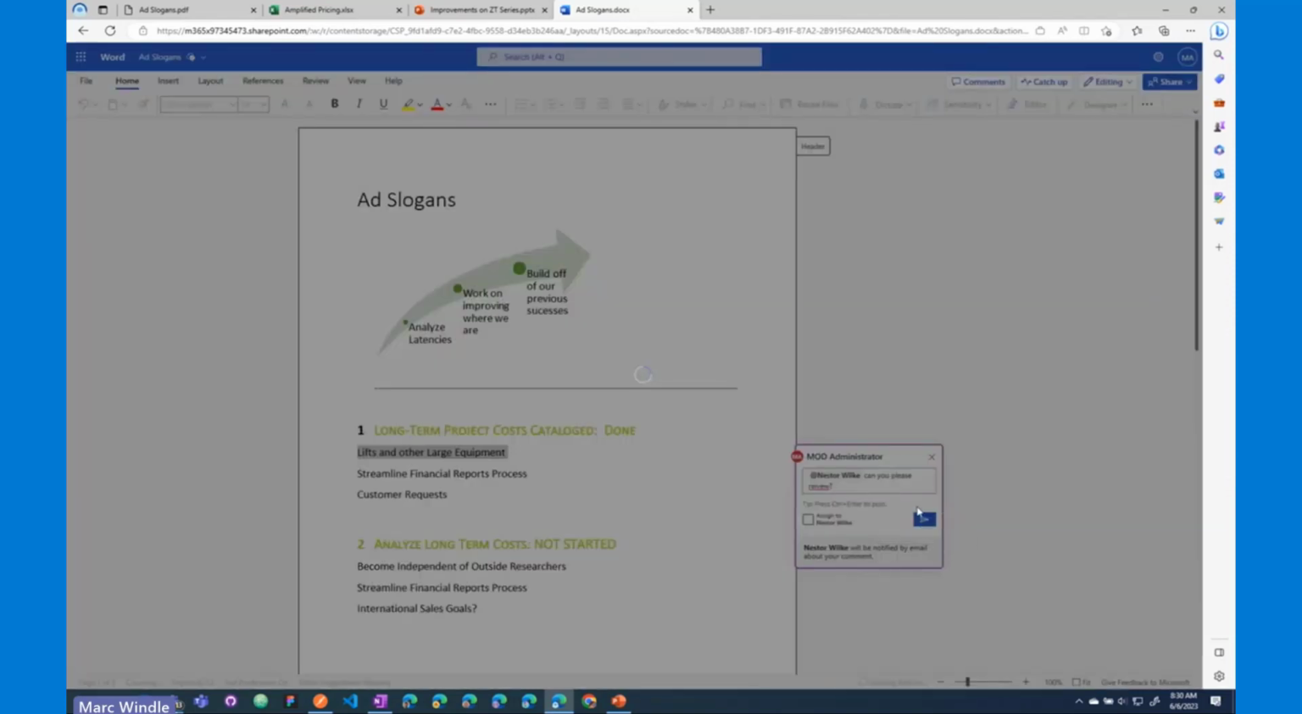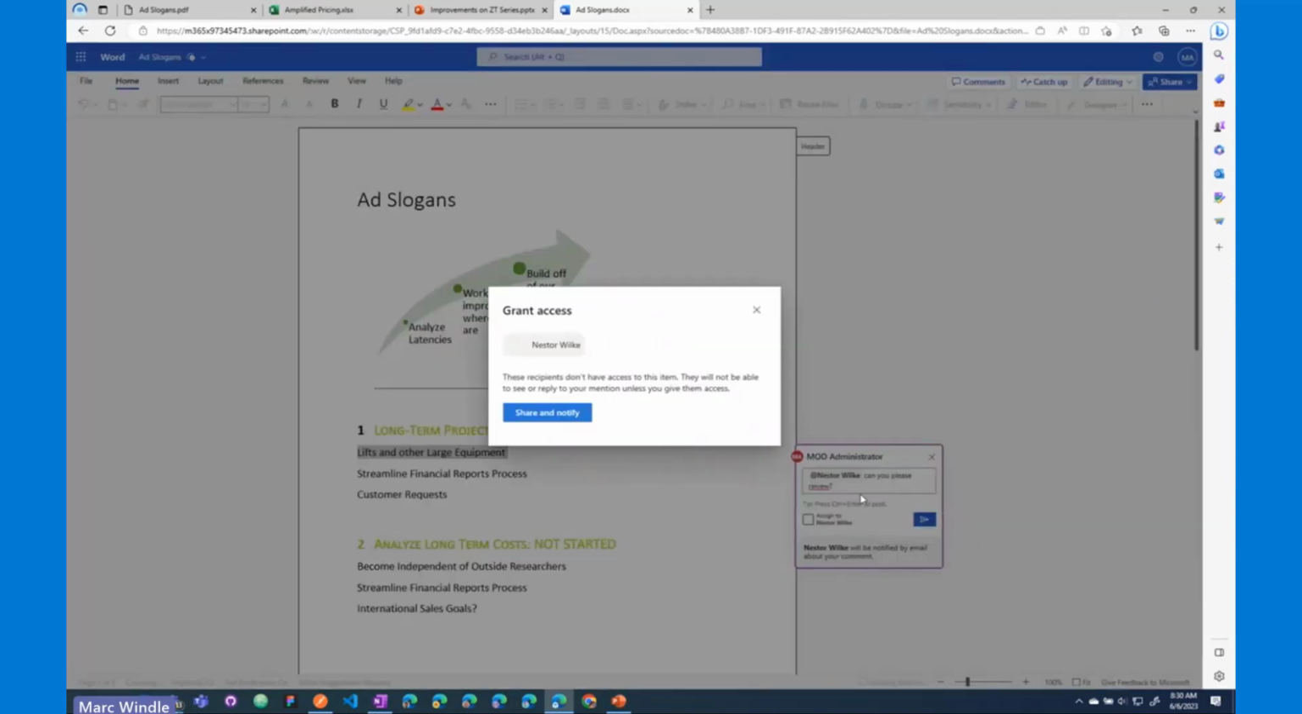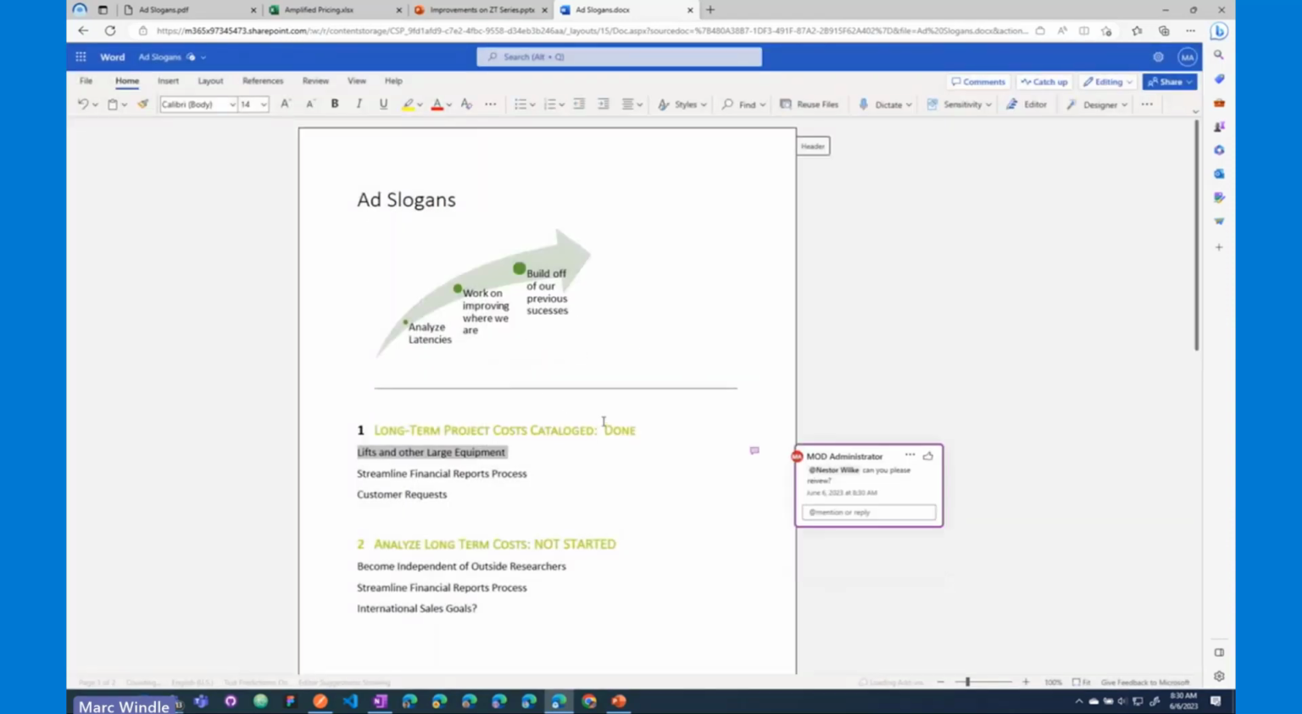And if this document is not shared with Nestor, it's going to give me the share and notify experience. And so even though I haven't shared this document with Nestor, I can grant access directly from in there. And so you get @mentions, commenting, share and notify. Nestor's going to get an email there. You can click on that link, click and open up this document within Office Online and share and notify right